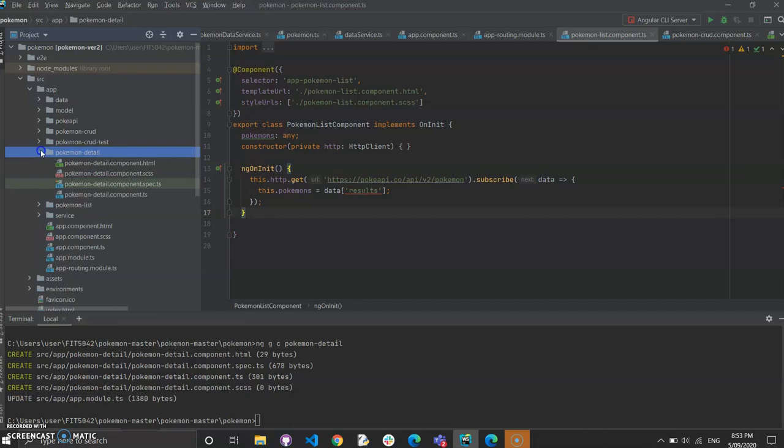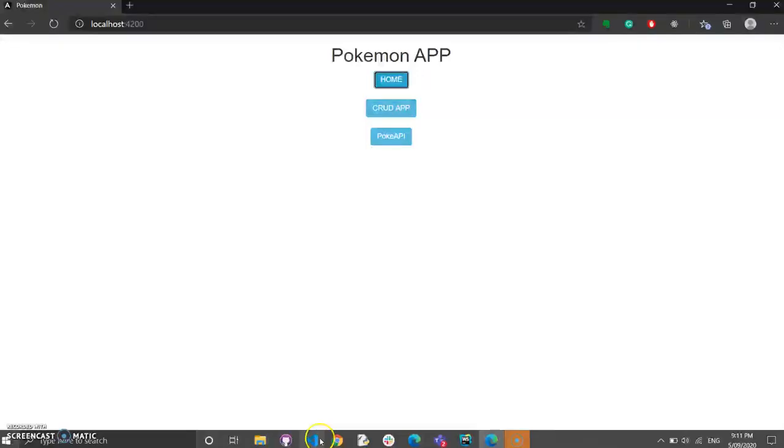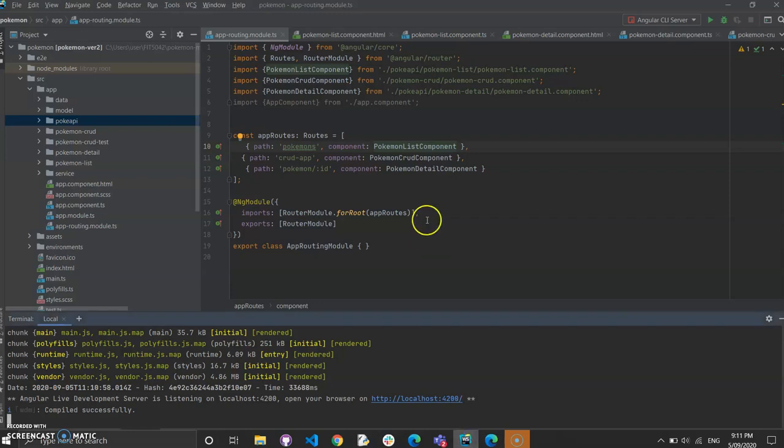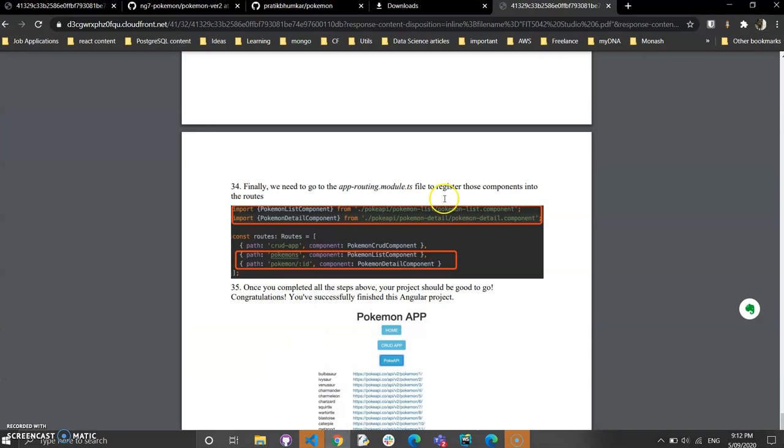Okay, now we have created our application. We have added the components for list and CRUD, and we have added the code to app routes as given in the points in our documentation, points 34 and 33. Okay, and once we've added all the code, we're going to run our application, which I have already run. So now let's go to localhost 4200, and here